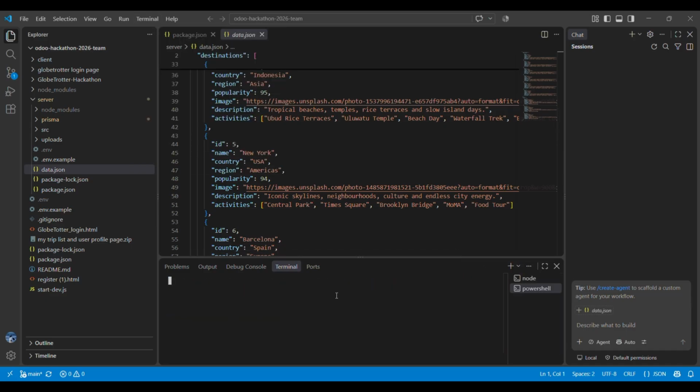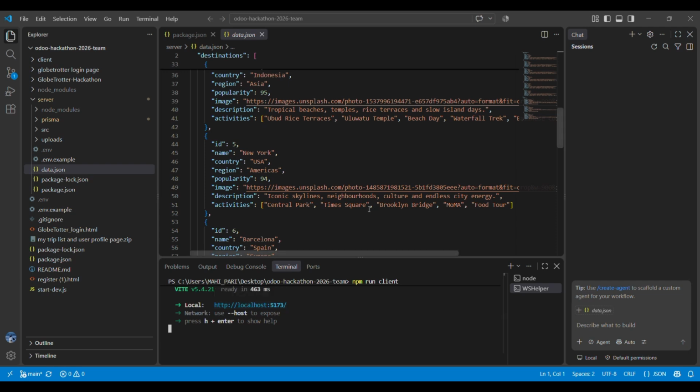And in another terminal, you have to type npm run client, and this is going to open your front end. Now, if you deploy this website, you can do this directly, but we decided to run it manually over here. Next, you have to open this link and you can also click on the follow link over here and run the program or the website itself on VS Code.